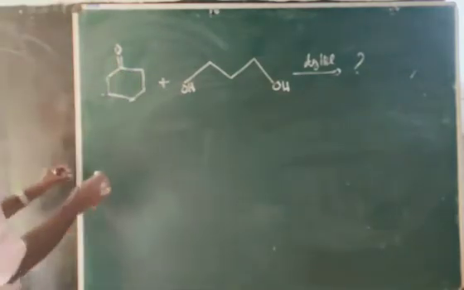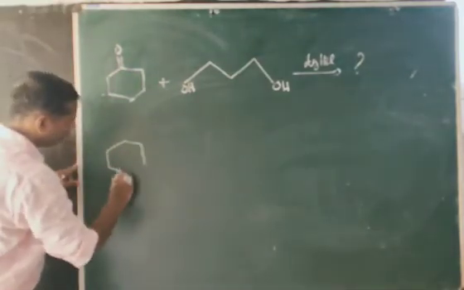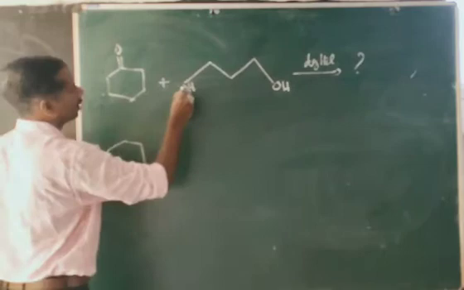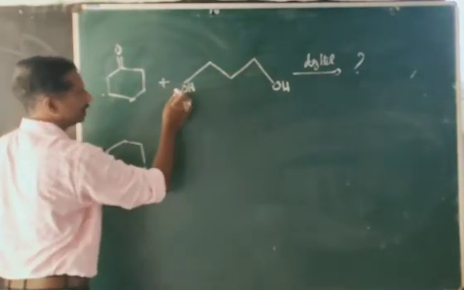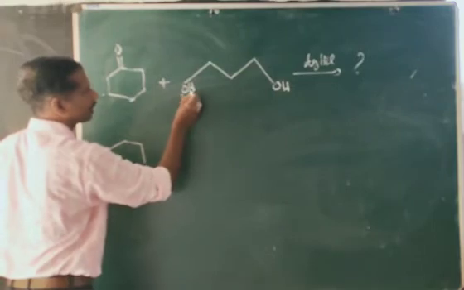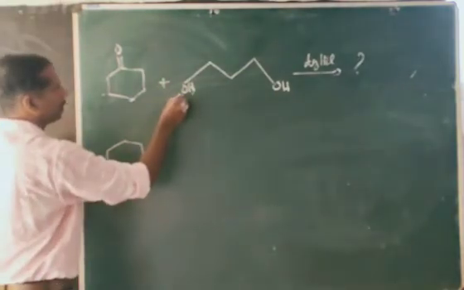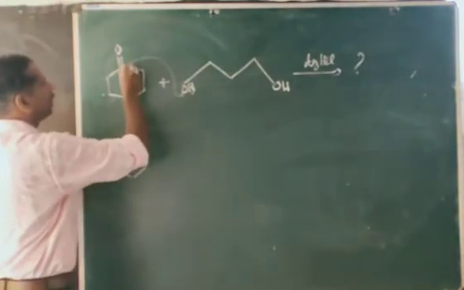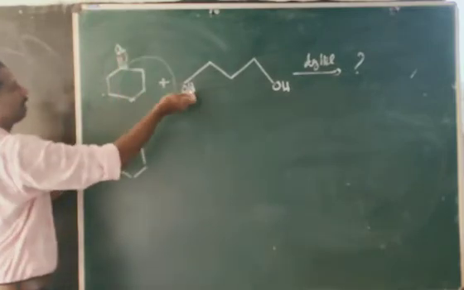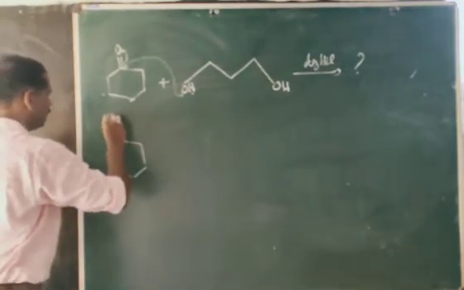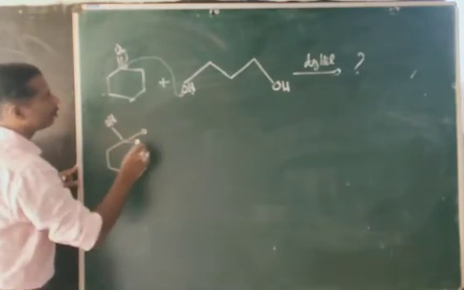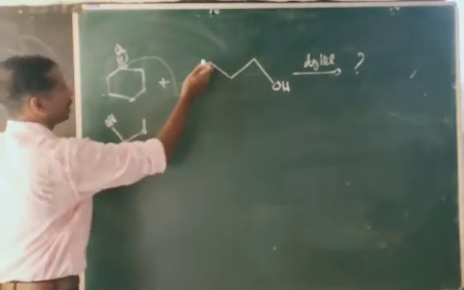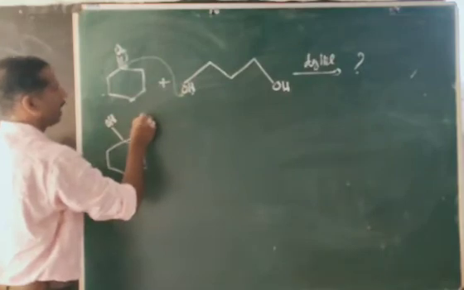So, how is the mechanism proceeding? Look here. I am taking this end as O minus and this one as H plus. This negative end will attack here, and this bond is shifting. H is coming here. So what do we get? Here it is OH, and here it is O, and here you can see this is CH2,